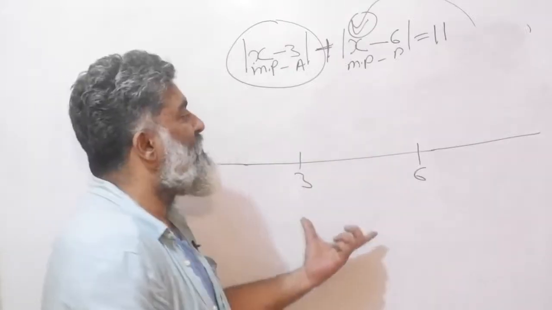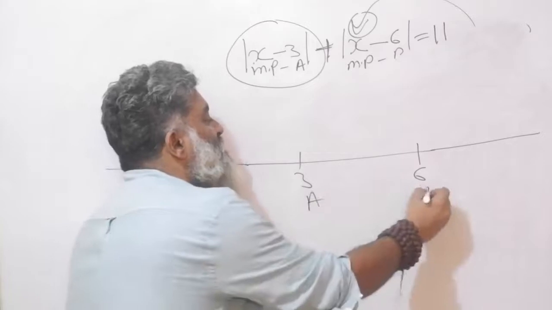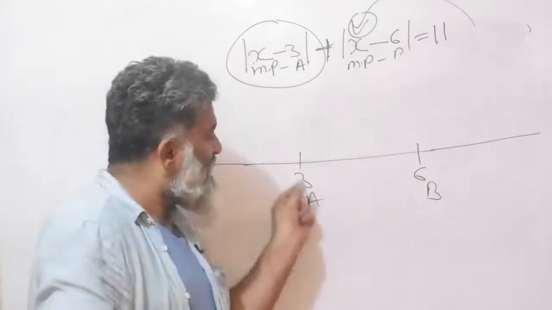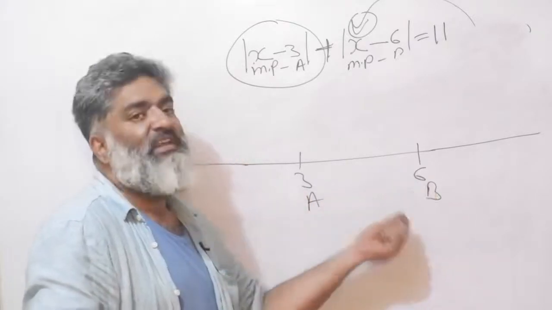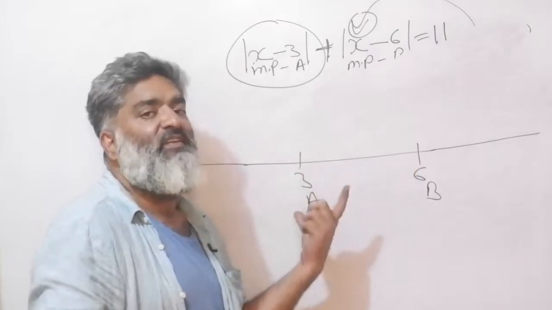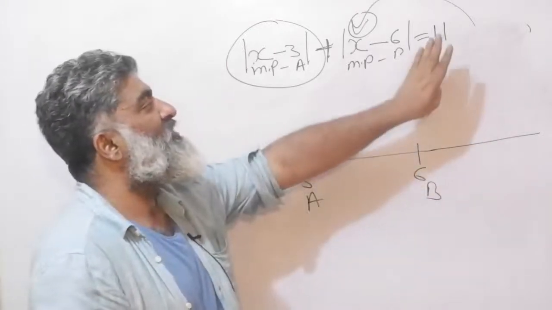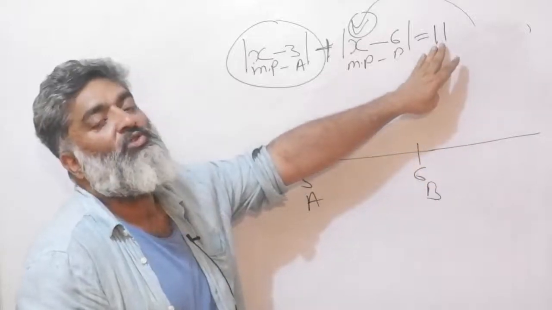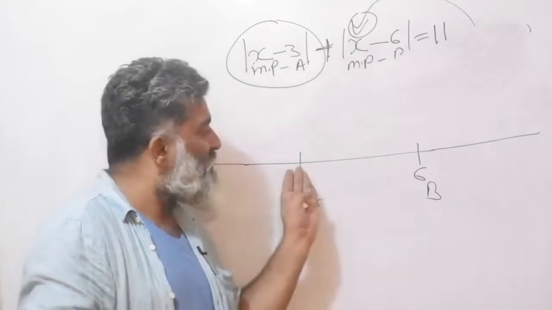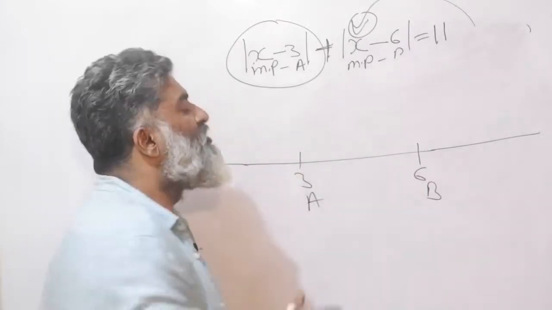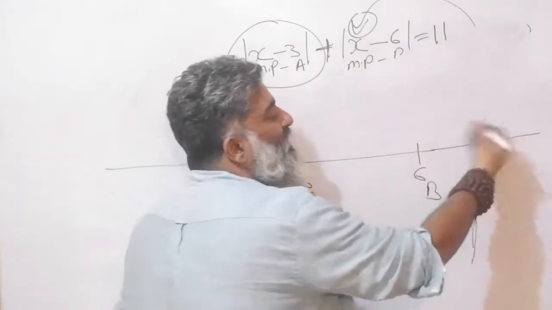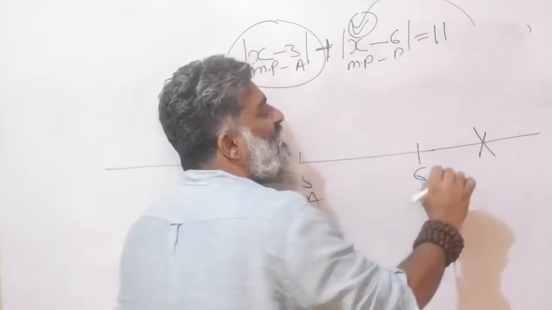Diving back into the story fresh again, this is A's house, this is B's house. I am looking at the meeting point of A and B. I want A to leave his house and travel to X, and B to leave his house and travel to X. And I already saw that anything in between this, the answer was always 3. Now let's look at the question. The question is saying I want it to be equal to 11. So in this range, it is definitely not going to be 11, because I know in this range it is always going to be 3. So let's think step by step. Let's think of beyond 6, right? The meeting point is somewhere here. I do not know where that point is.